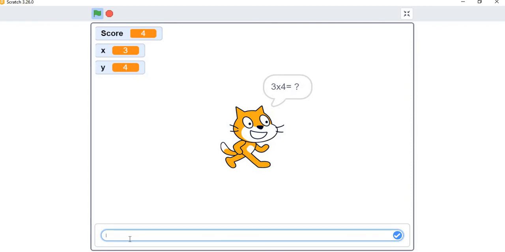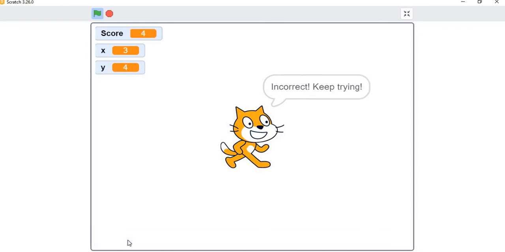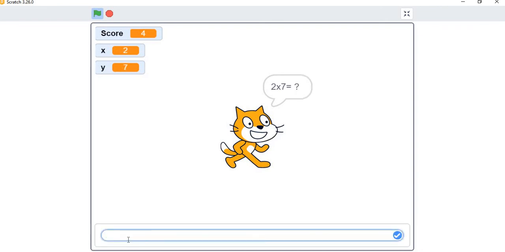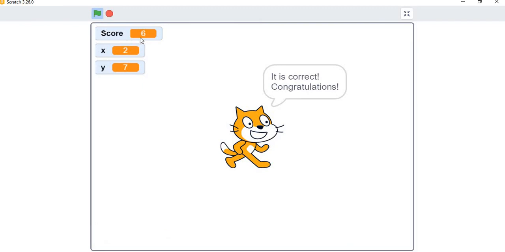Let us provide a wrong answer to check what the sprite tells us. So I write 34. I press enter. As you see, the message is incorrect. As you might have seen or observed, the score did not change because this time the answer was not correct. But when we provided 14 as the product of 2 and 7, we press enter, immediately the score should increase. So we minimize the screen,